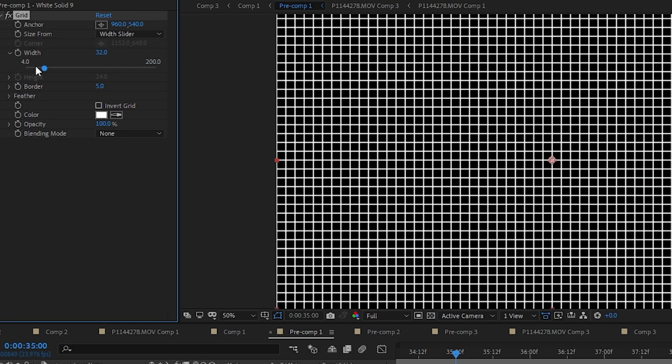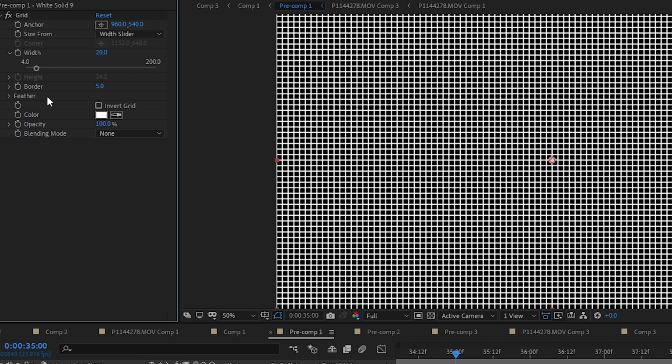Now if you want similar results, you need to copy these settings and follow my instructions very carefully. Because if the grid size is too big, the grid won't be clearly visible in the effect, and if the border size is too big, then the squares will be really thick, which is not good. So please just copy my settings to start with, and you can play with it later on. First set the size setting to width slider and change the width value to 20. Now change the border thickness to 5. Now you see this grid on your screen with all these squares. Now what's left is to displace these squares in the Z space, not X space or Y space, in the Z space, so it gives a perception of depth in your scene.